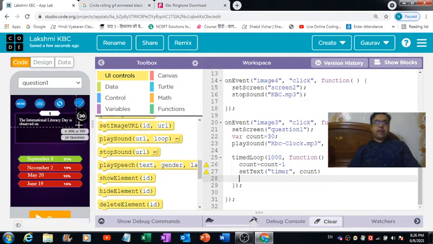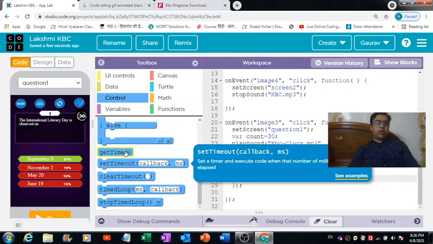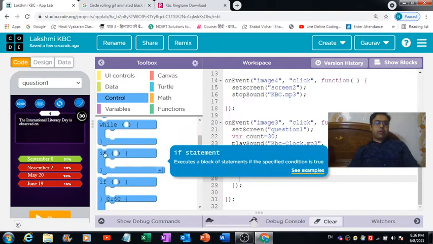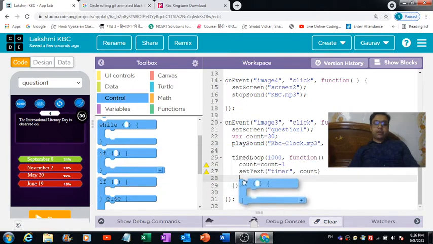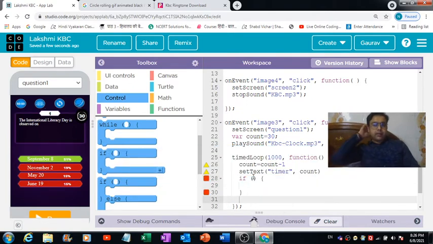Now as soon as the value of count reaches 0, I would like the timer to stop. How can we achieve this output? So what we can do, we can make use of this if loop. We can simply put an if loop over here, right? And inside this we can mention a condition.